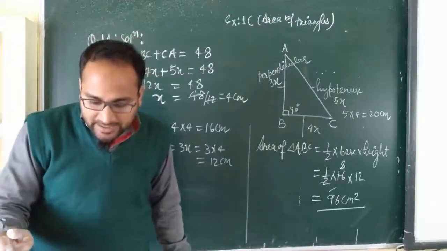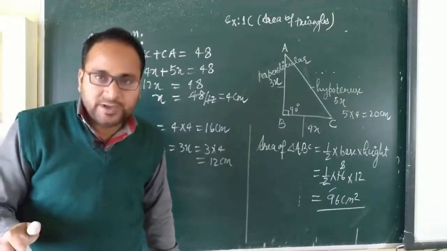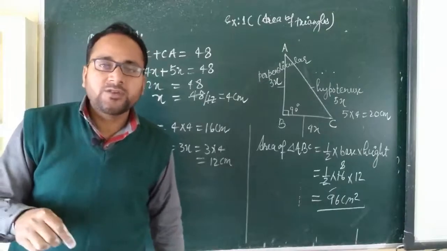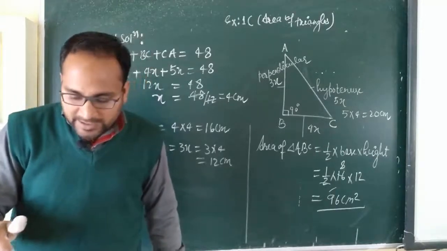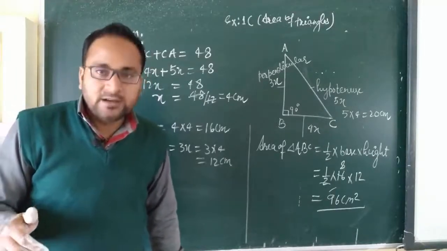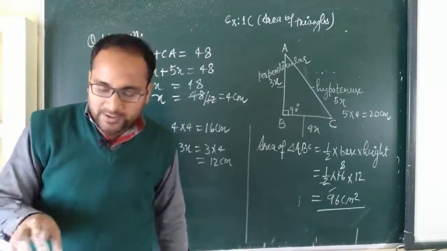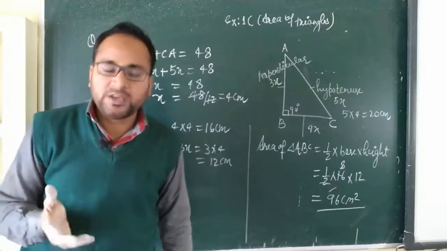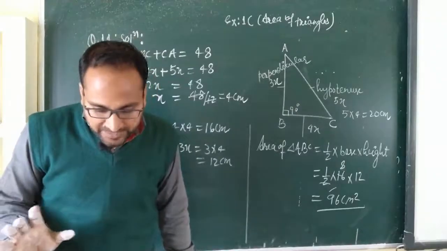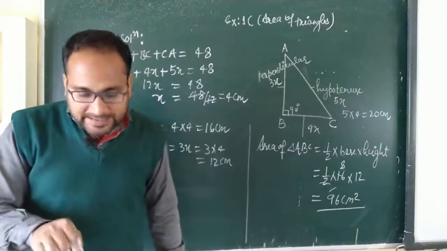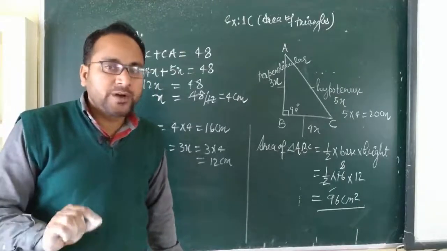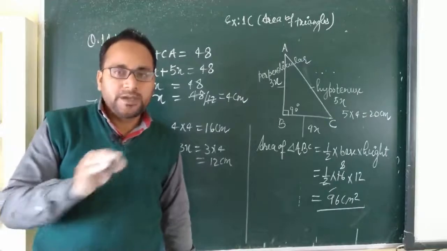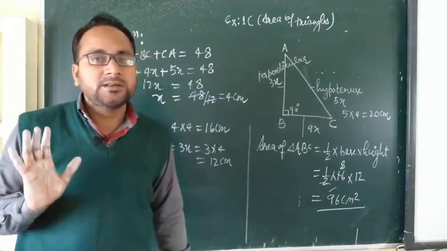The length of AC, you can find by using the Pythagoras theorem, as the hypotenuse AC. Then from the opposite vertex of AC, we have drawn a perpendicular BD. So in this case, you can use the formula 1 by 2 AC multiplied by BD, which is equivalent to the area of triangle ABC, equal to 180. From there, you can find the length of BD also. AC you can find using the Pythagoras theorem, and BD you can find using the area formula.